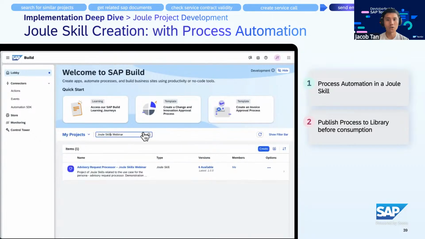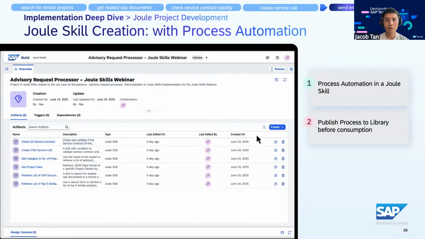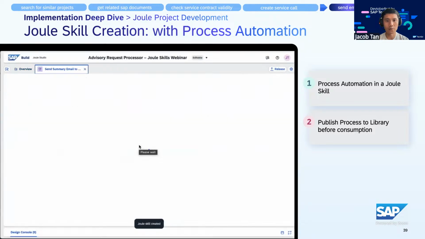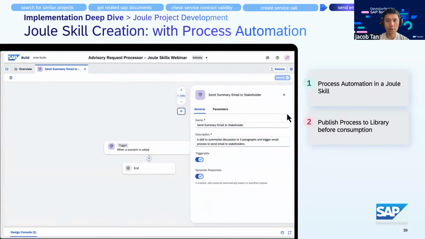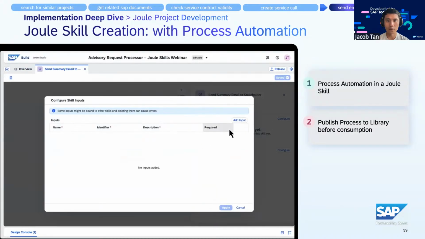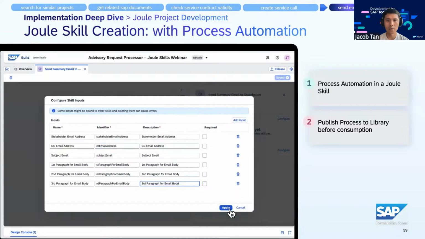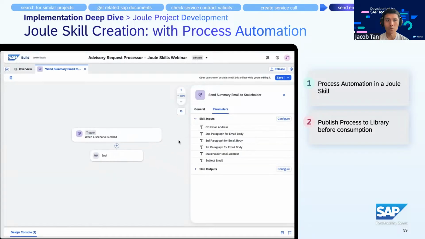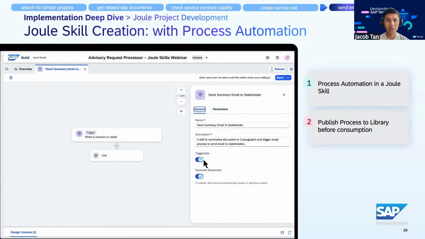Okay, so once published, back to our Joule skill project as before. Now we will create a new Joule skill just to manage that. So just give the specific name and description. And we just call it send summary email to all stakeholders. So likewise, we will just define all the required input parameters. So by now you should be familiar with these steps, as we will later on send a customized message back to the user. So we'll just disable that option again for Joule to auto-generate the response,